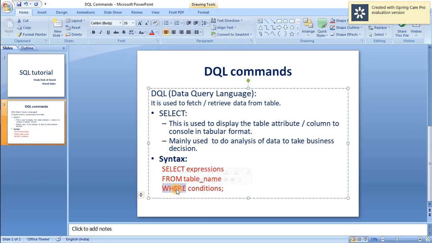And this where clause is used to do some kind of filtering, like if we do not want a record which is missing, or if we want to retrieve data for the year 2020 only, then we can include that in these conditions. This where clause will filter only those required records which satisfy these conditions. So let's see it in the practicals.